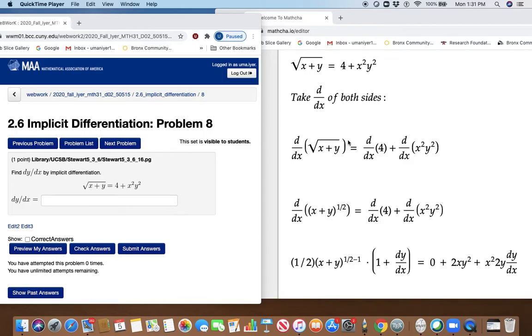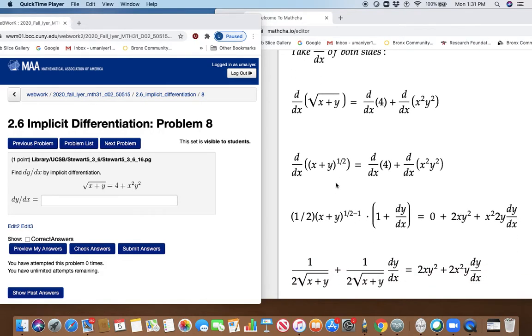So look at the first term here on the left. Square root is nothing but power half, so this calls for the chain rule. The power half comes down, reduces by 1, and the object inside you are going to multiply by the derivative of the object inside. The derivative of x is 1 plus the derivative of y is dy/dx. On the right-hand side, the derivative of the constant is 0 plus